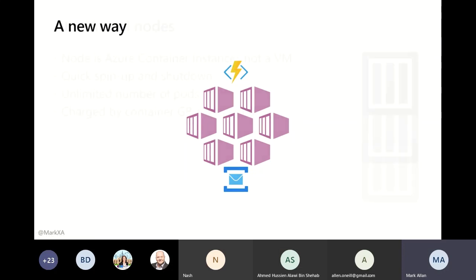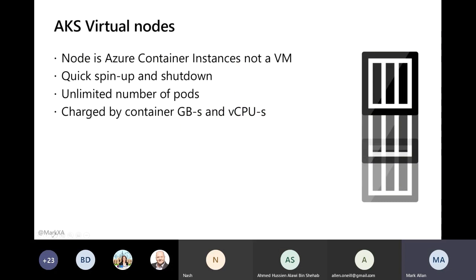So the first thing, AKS specifically, that we should talk about is what's called AKS Virtual Nodes. This is based on an open source thing called virtual kubelets. Now, if you remember, the kubelet was the thing that ran inside a Kubernetes node and provisioned all the pods and stuff in it. What a virtual node allows you to do is to say, okay, I don't want my node to be a VM.